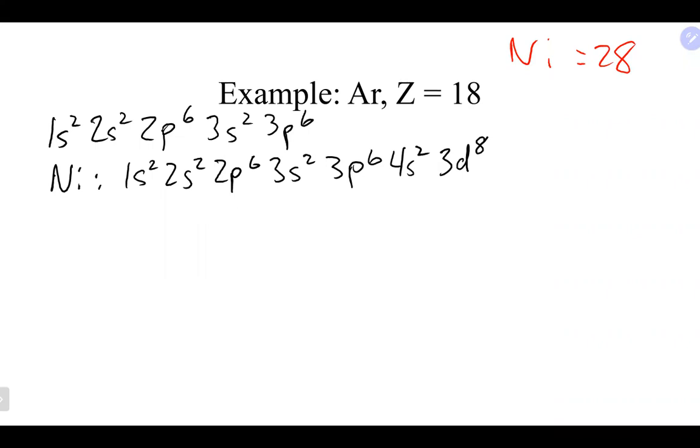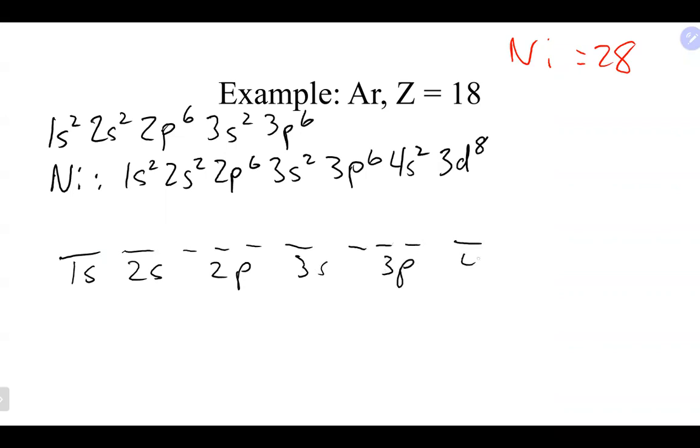Yeah, there was. So if we want to, we could sketch it real quick here. If we take a look at it, and again, I'm just going to go sideways here for space saving, we have our 2s, we would have our 3 boxes for our 2p. We would have our box here, our line for our 3s. We would have our 3p there. We would have our 4s, and then we would have our 3d here, and it basically would feel like this: